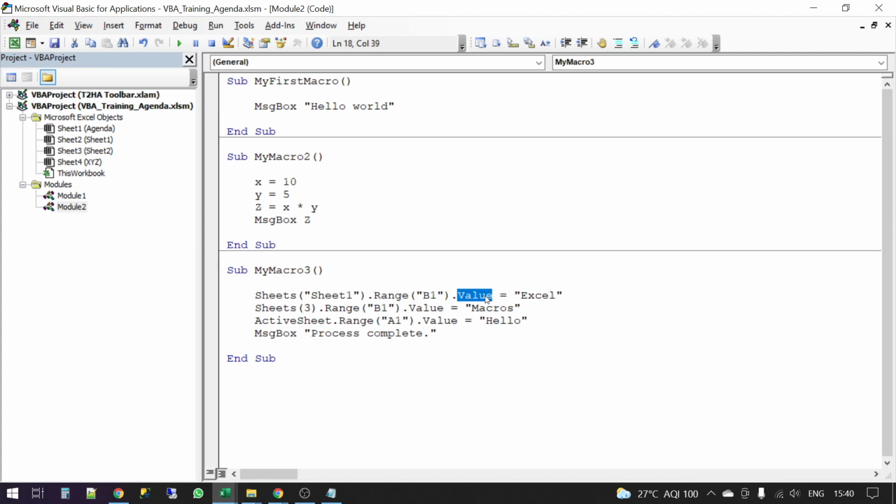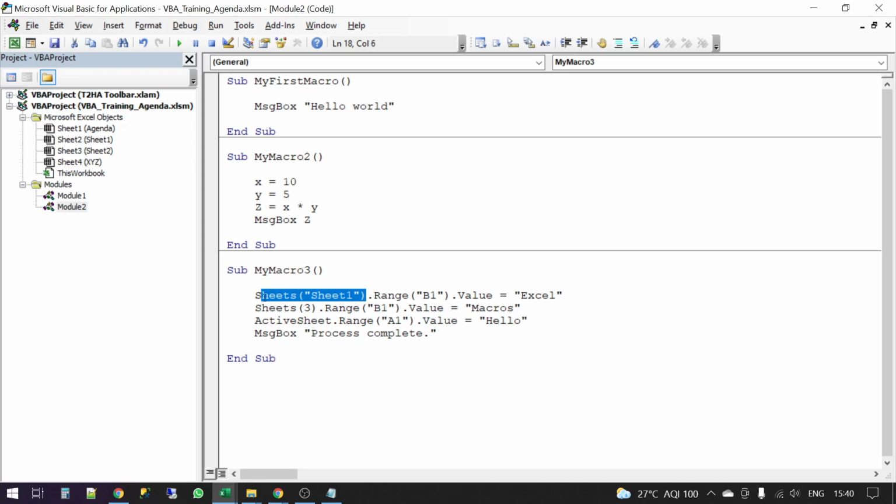But in this case, I want to change value, which, I am telling you, is most of what you would be doing. You would be only playing mostly with values. I will teach you other things as well, like how to change formats and so on, how to change a color and all by using the recorded code, how to change the color of a particular cell. I'll get there eventually. But for now, just consider that this is the property that you want to work on. So the value property is the most basic property that you would want to touch, right? Good question. Now, again, remember this one thing. You are separating the layers of objects by this dot.